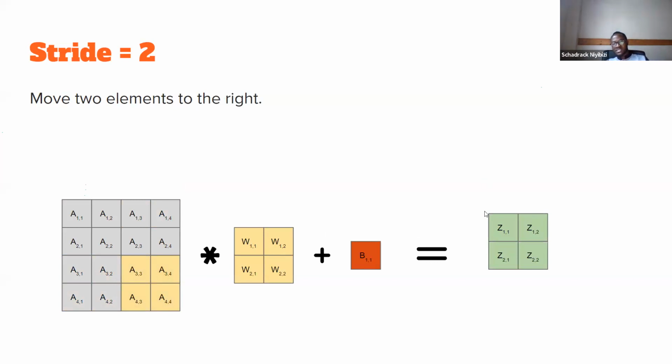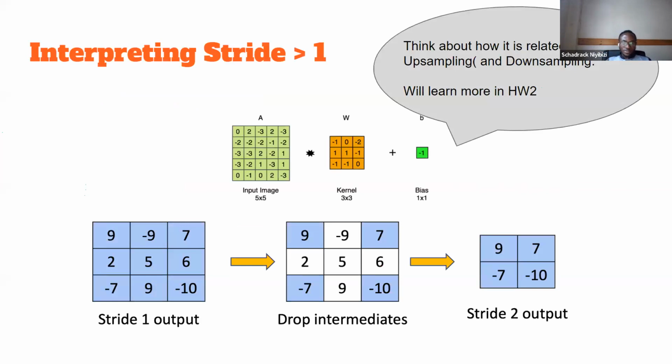You can see that the shape has already reduced to 2 by 2. But previously, because the stride was 1, we had 3 by 3 as the output size. You can see that when you increase the stride, we are decreasing the output feature map. Let's see what we see when the stride is greater than 1, when the stride is less than 1, and when the stride is equal to 1. When we have a stride equal to 1,